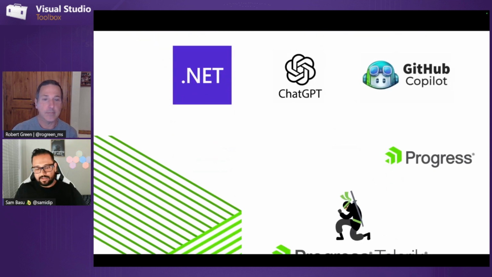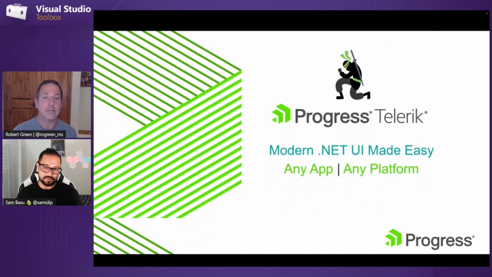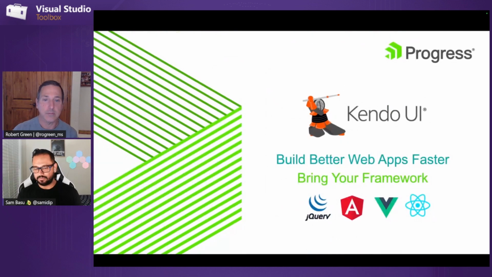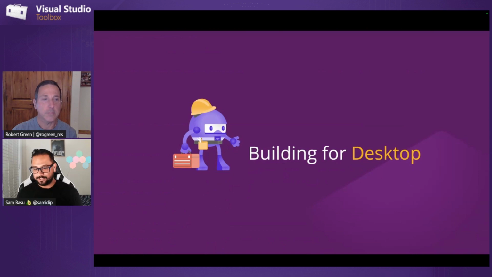And the ecosystem obviously has always been great. I'm clearly biased because I work for Progress, but there's a lot of help. So we make a product suite called Telerik, which is for all things .NET. We make something called Kendo UI, which is for all things JavaScript. But my point is, don't trust me, but take a look around and choose the right type of UI framework that works for your app. But hopefully you're not reinventing the wheel. There is a lot of UI help out there, and productivity suites that work with .NET everywhere. So that's my spiel on the .NET ecosystem.